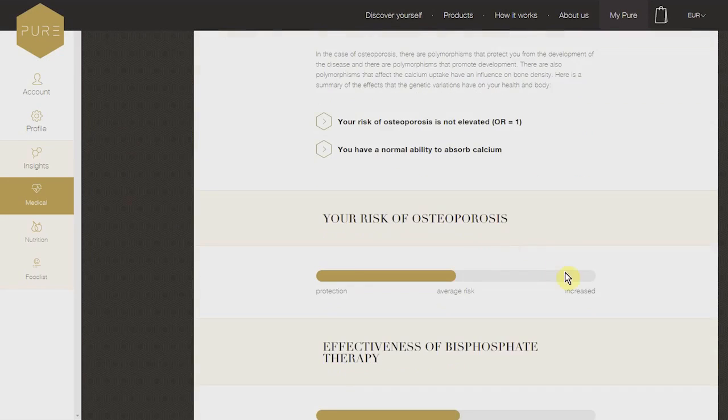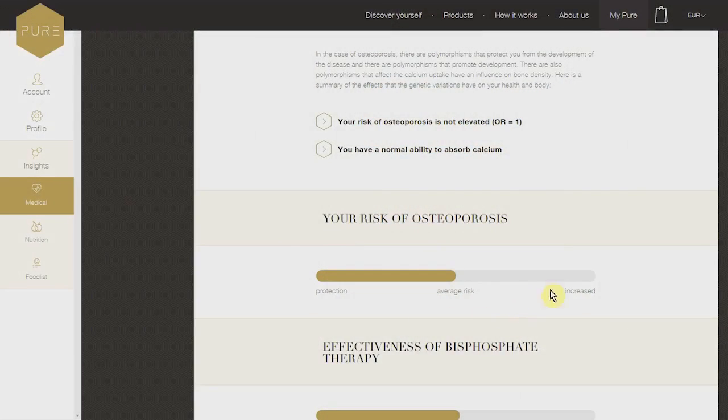So here you will find an average risk bar, which means that having a genetic risk for osteoporosis is not uncommon. So the average population already has some genetic risks. Some have more than others and have a higher risk, but others might also have lower risk causing genetic variations than others, and they are actually protected from the disease to some degree. So depending on where you are, this tells you how important osteoporosis prevention is for you based on your genetic